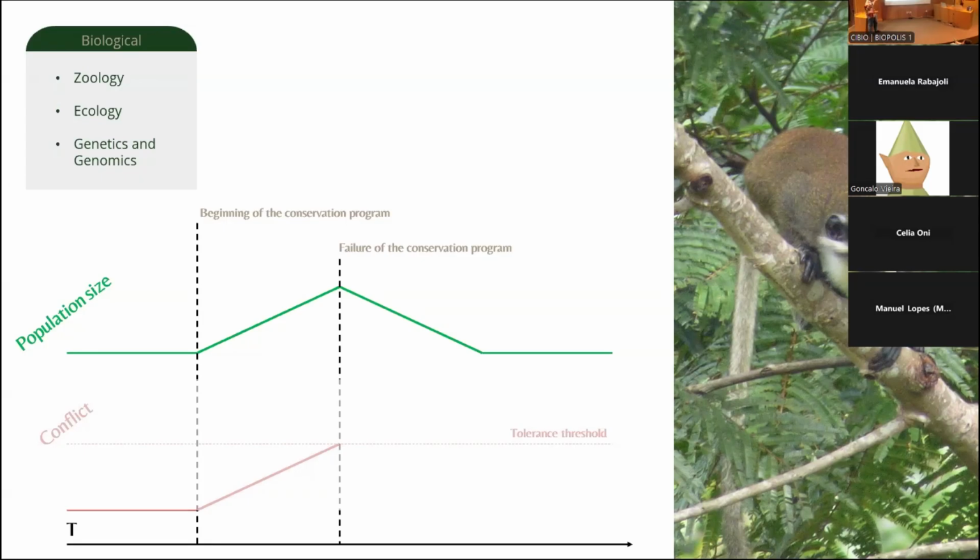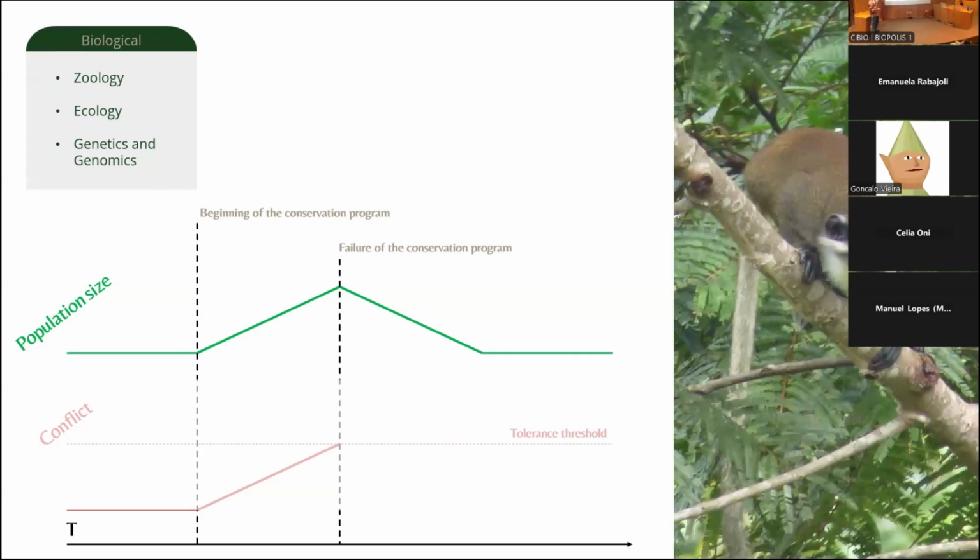and we put in a conservation program. And here is our focus taxa, right? After we implement the conservation program and it's successful, we hope that the population size will increase, but also, if there is conflict, and this conflict can be on many different levels, an underlying conflict will probably increase as the number of animals increases. For example, with the primates, this can lead to an increase in invasion of farms and crop raiding and so on.